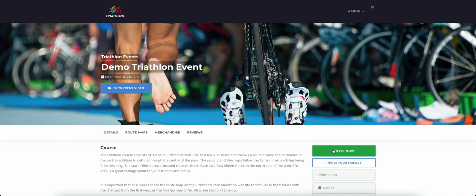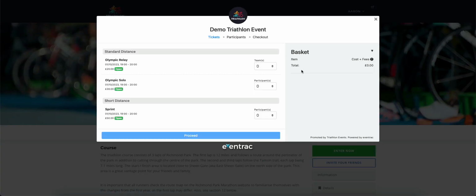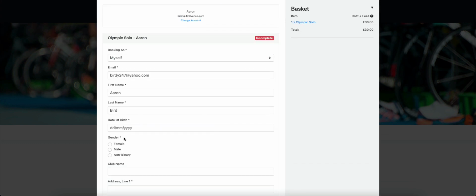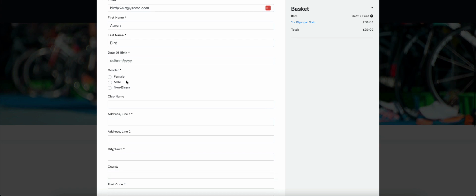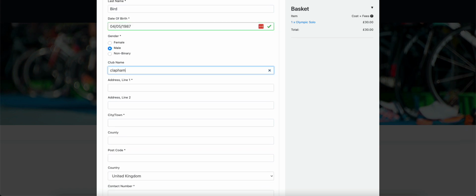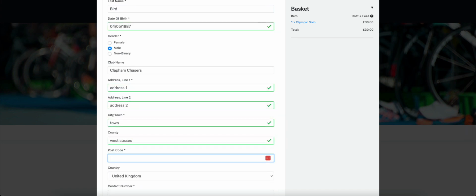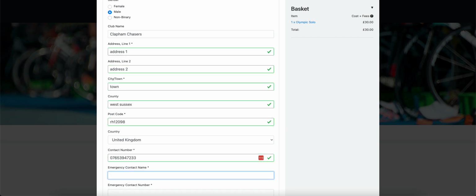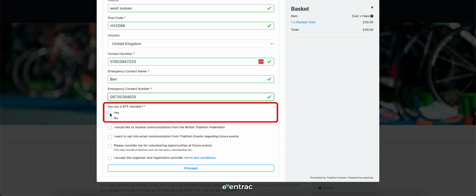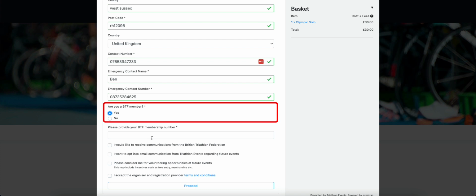So the first thing we'll do is click on the Enter Now button, which will open up the entry form. And now what we're going to do is select one ticket to the Olympic distance. And here's the entry form, which will be familiar to many of you. So if I now just quickly enter my details, so now down here we have the new question asking me if I'm a BTF member, which is a simple